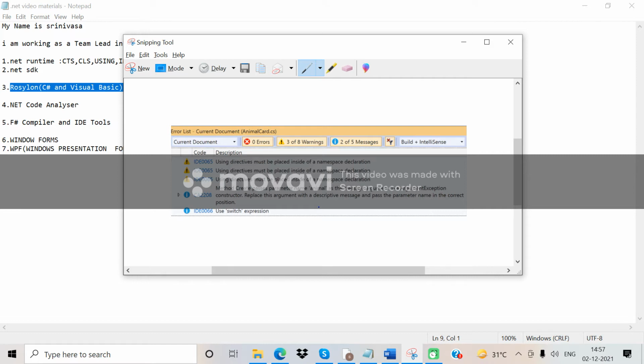A violation appears as an error in the error list. Which kind of error will be displayed is taken as build behavior. When building the application, we get the build error messages. Warnings can also be shown, with a description like using directive must be placed. These are the kinds of errors and warnings that can be shown there.